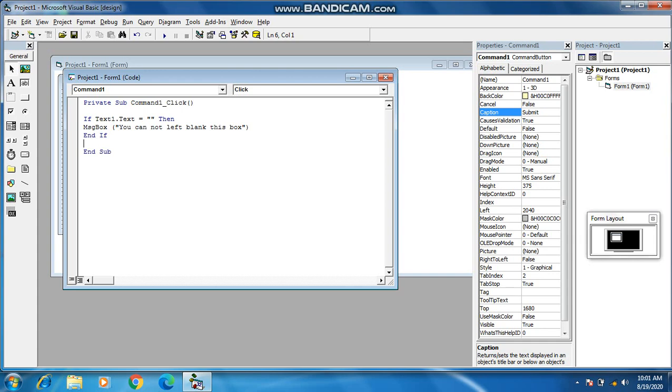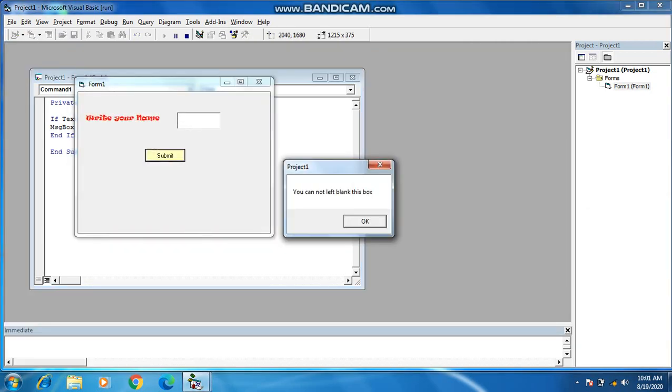And now you have to run it. If you click it without giving any value in this box, see, you cannot leave this box blank.